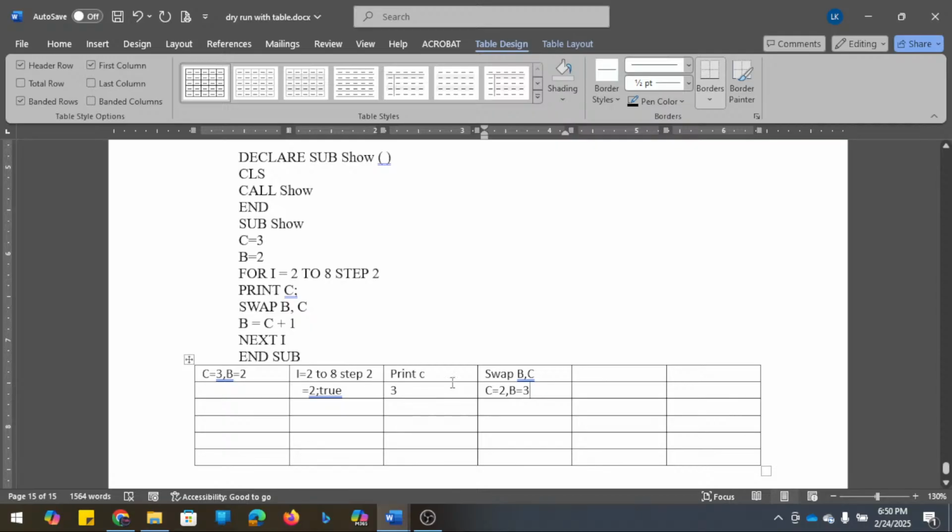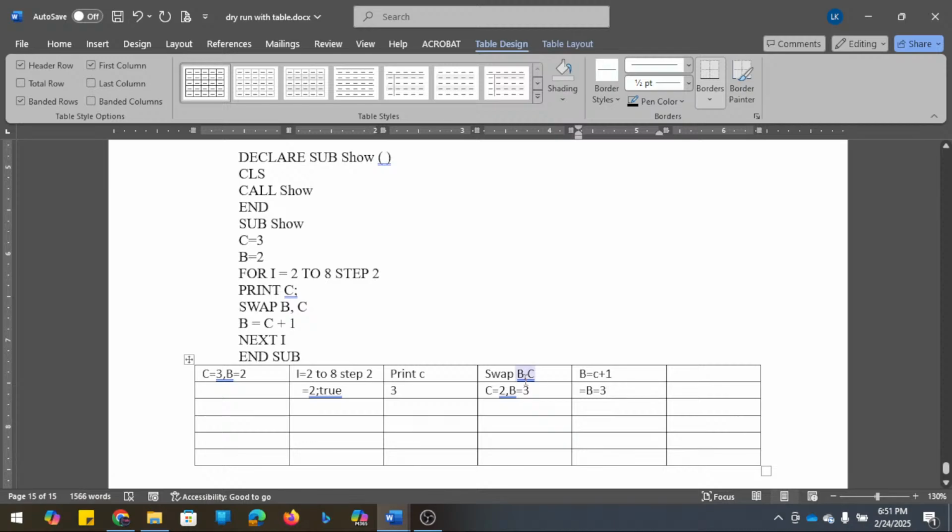Okay. Now the value of B is changed again. B equals C plus 1. What is C? C is 2. So B becomes 3.